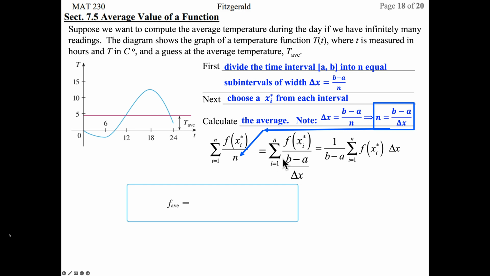And then we know, just like we've always done, to build your integral, you have to take the limit of this as your number of intervals n goes to infinity, and that creates our integral formula for the average value of a function. So that'll be 1 over b minus a times the integral from a to b of f of x dx. So suppose we were asked to find the average value of f of x equals 2 sine of x minus sine of 2x